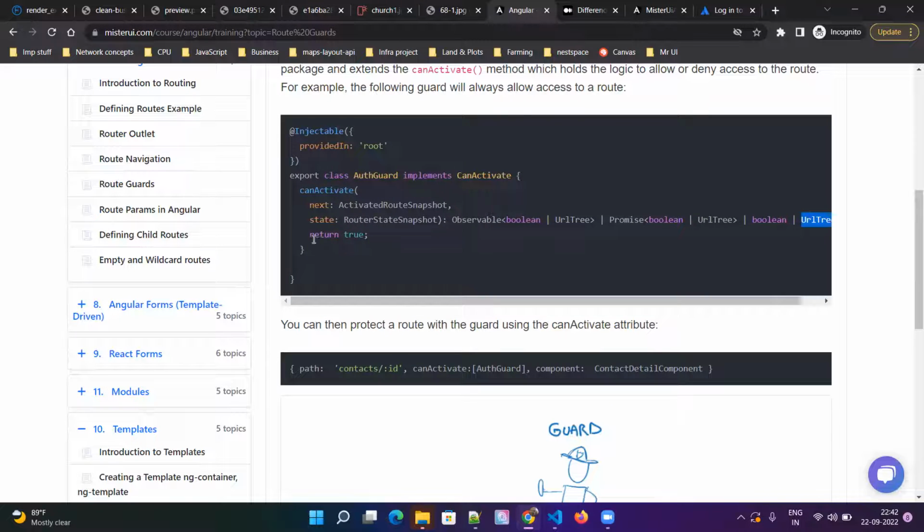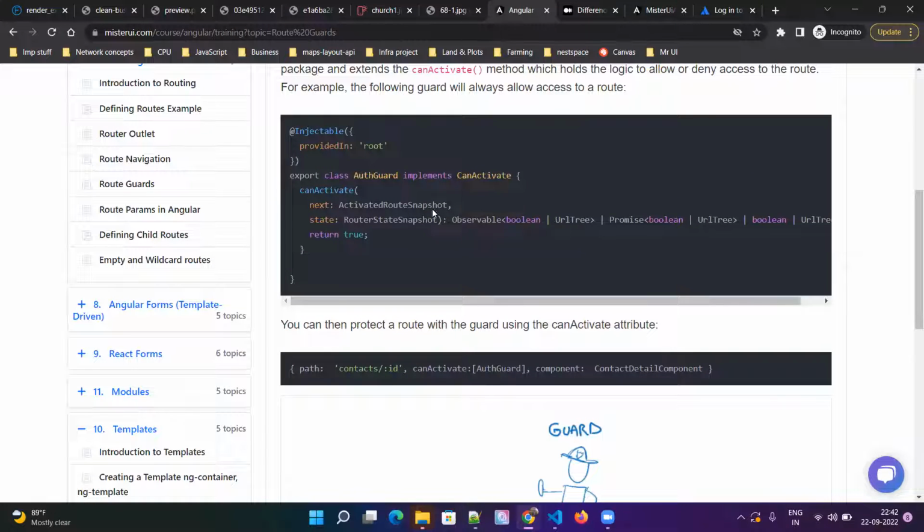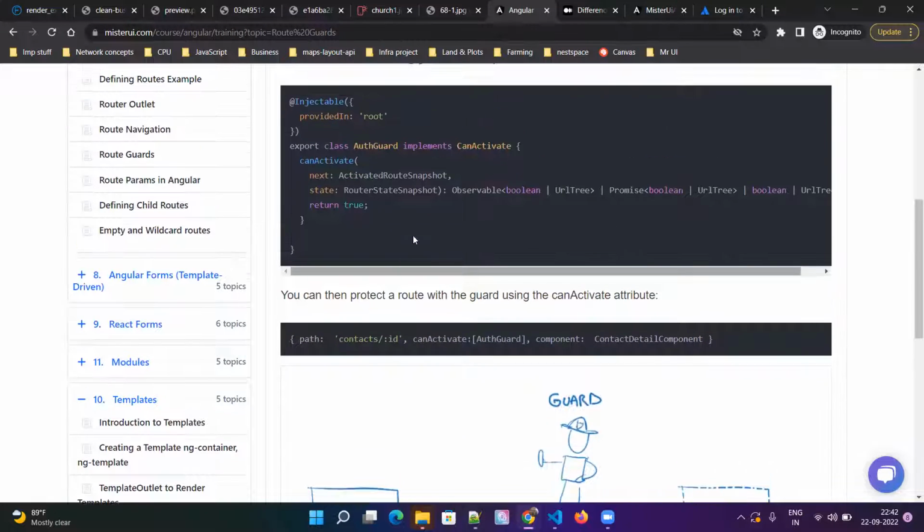Finally, if we are returning true, that means this return type is valid. If it returns true, Angular will perform that action. If it returns false, it will not perform that action. So how can we provide